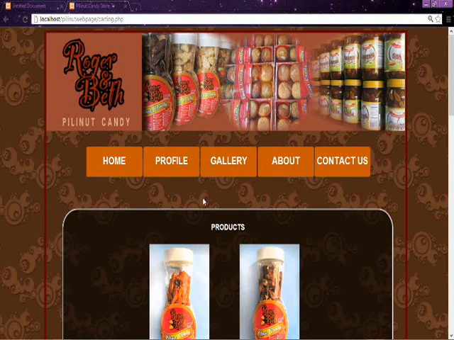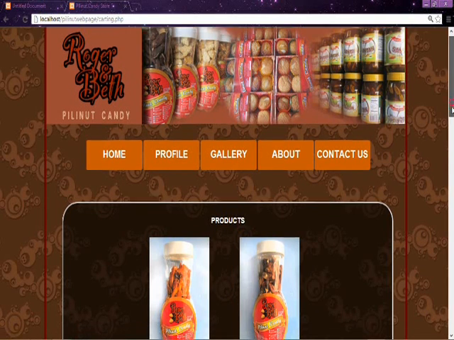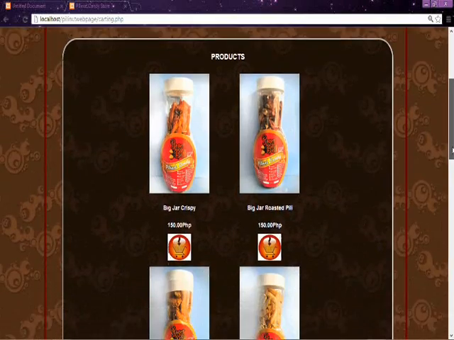After completing the form, the customer will be able to see the page that contains the products.